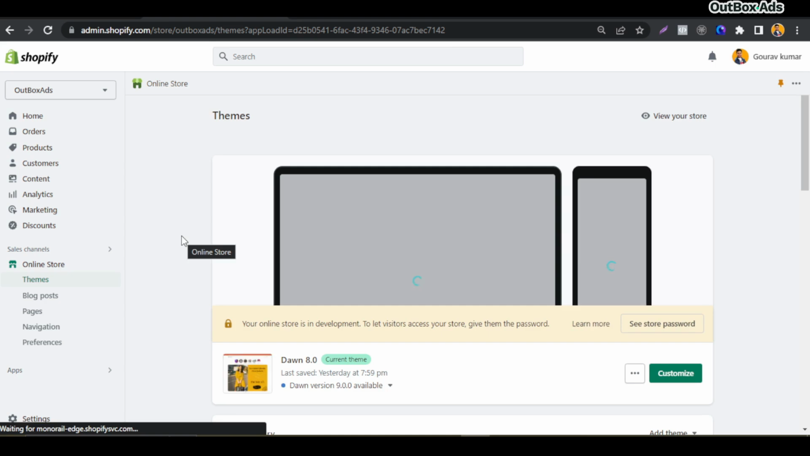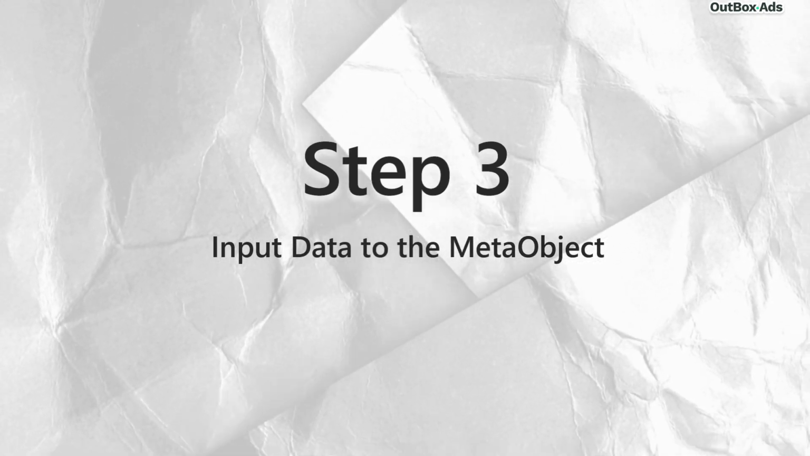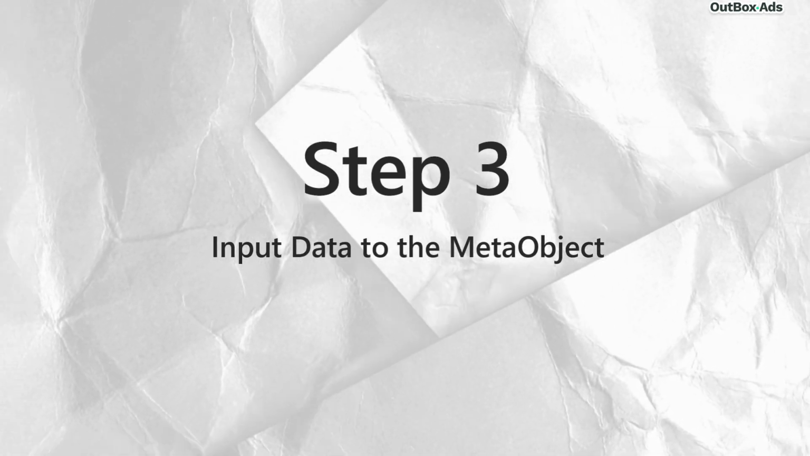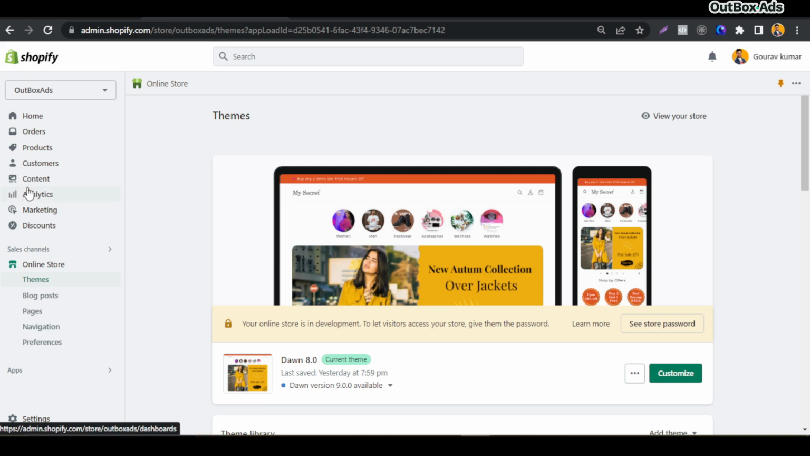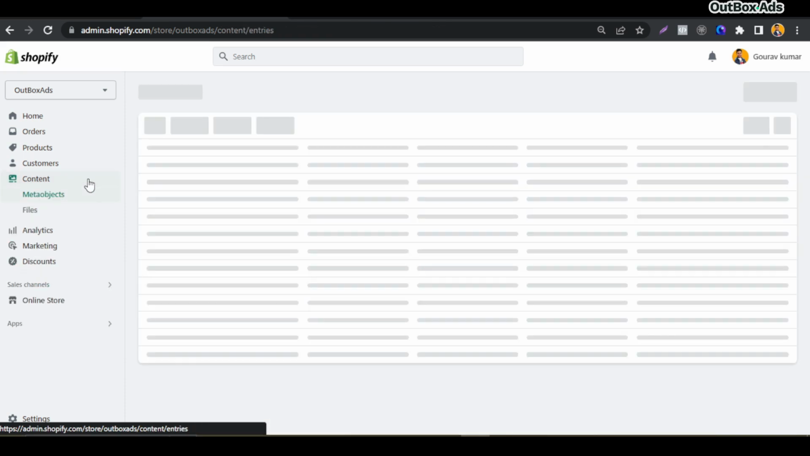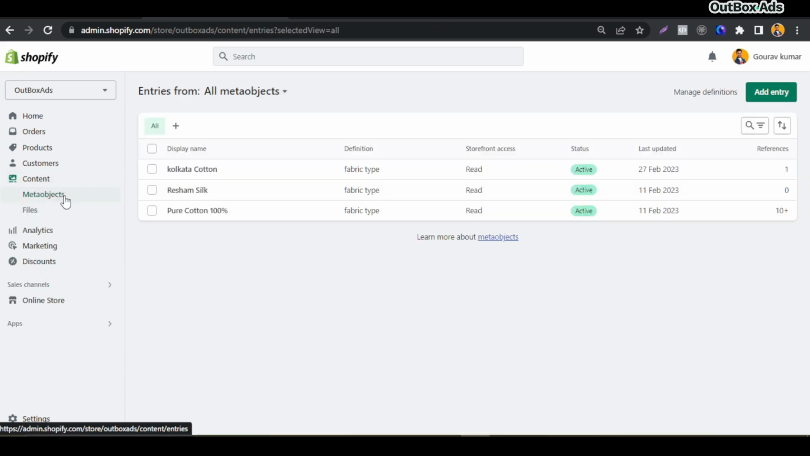Now let's move on to our step number 3, in which we are inputting our data into our metaobjects. Let's see how we can do it. Click on the Content button, Content tab you can say, and here you can see Metaobjects. For creating new entries for our metaobject Subcategory, you need to click on Add entry, and you will see here Subcategory. Subcategory is the metaobject we created earlier. Click on it,